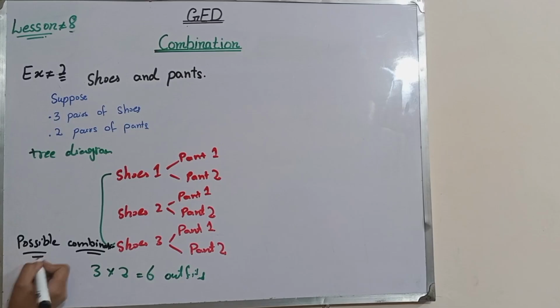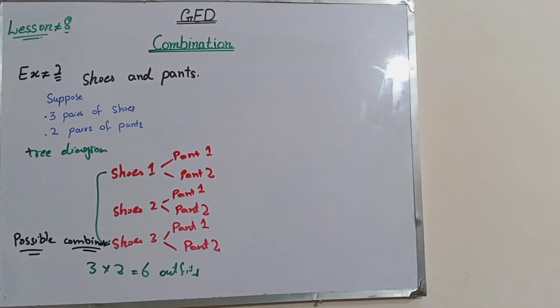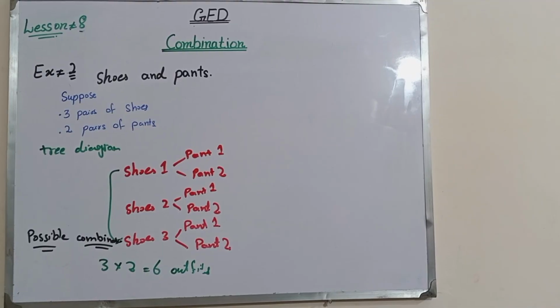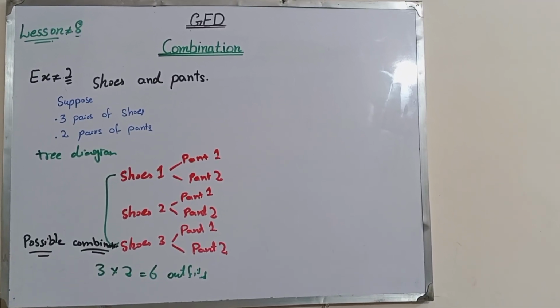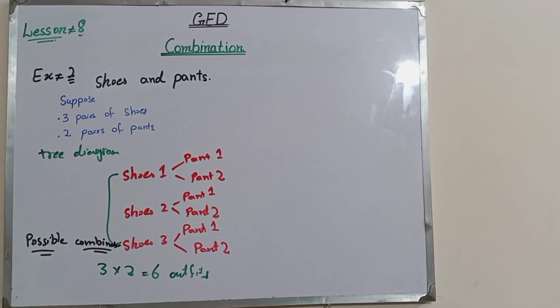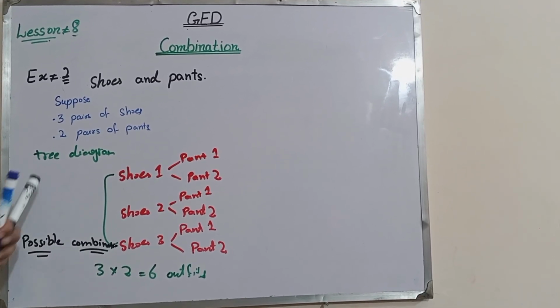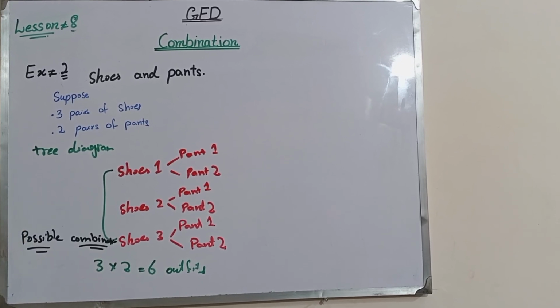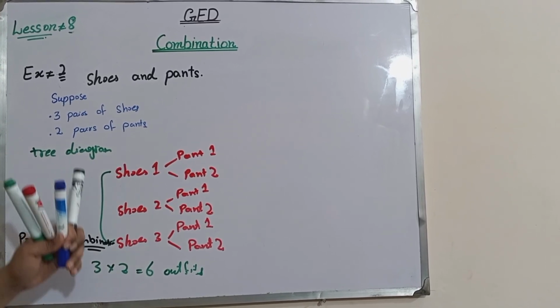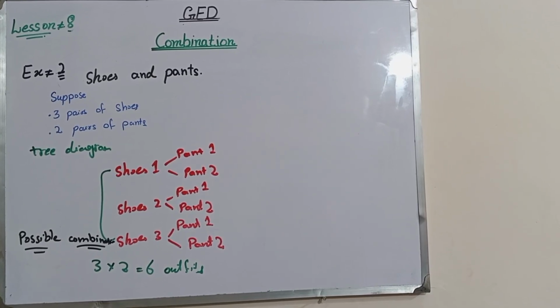Will be 6. If we do the same example in the permutation lesson number 9, it will be totally different, because in permutation order will matter. So it is used when the order does matter. That means different orders count as different answers. So I will explain this example again in the permutation. Now it will show different results, different answers.